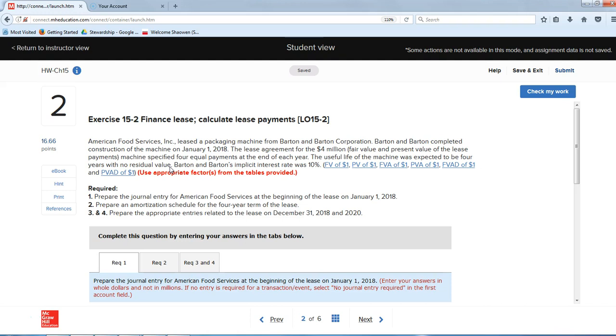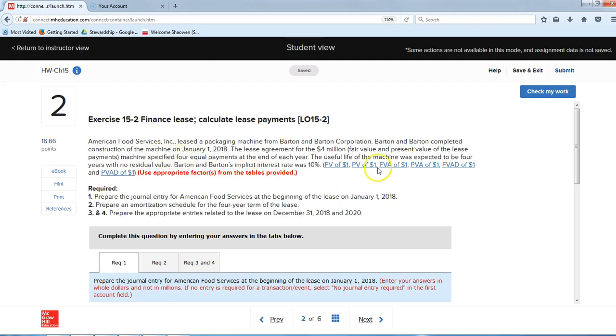So from this information, you know the lease term is 4 years and the useful life is also 4 years. This is a financing lease. Barton & Barton's implicit rate was 10%. The first requirement is to prepare the journal entry for the lessee, American Food Services, at the beginning of the lease on January 1, 2018. At the beginning of the lease, they have an intangible asset called the right to use this